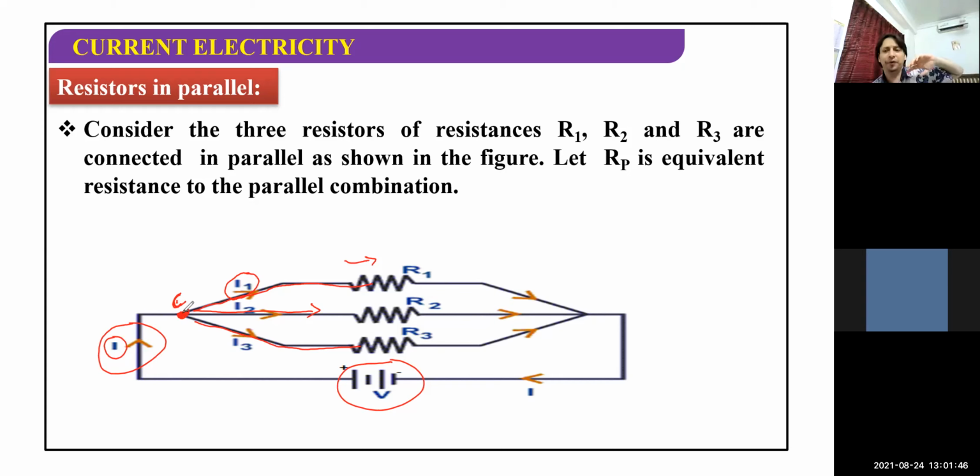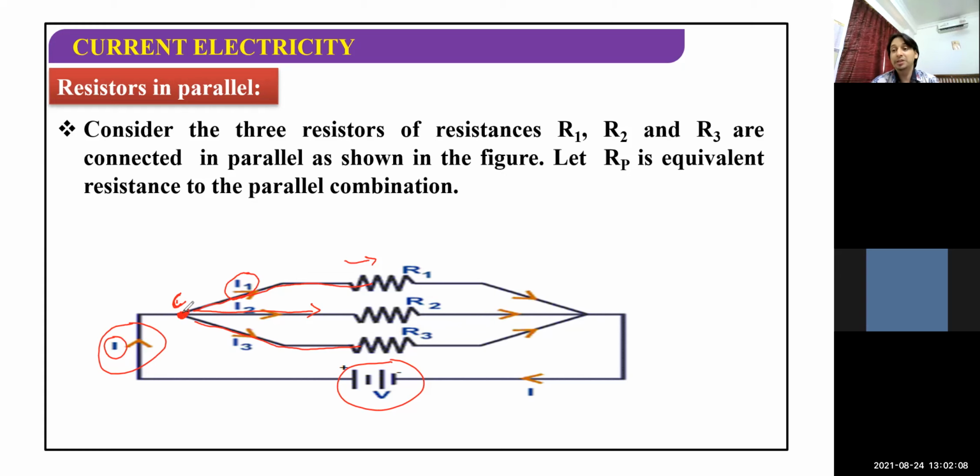Like this, if I come out from our GMIS school, we have different ways to go out. One going to the left, one going to the right, and one going straight. And I can choose only one path. I cannot go at the same instant of time to the 3 different paths. But here, current can.